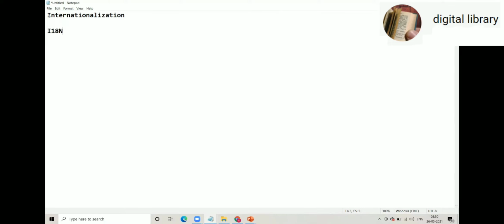Because internationalization starts with I, ends with N, and in between I and N we have 18 characters. So I18N is a short form of internationalization. Now, what is the concept? Let's see here.